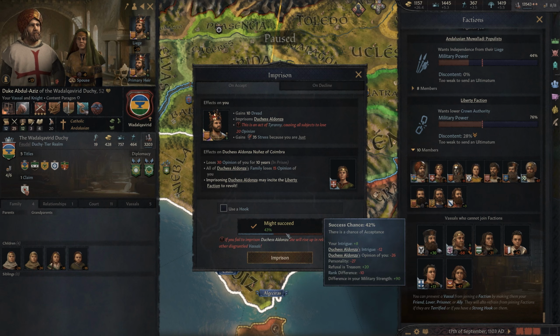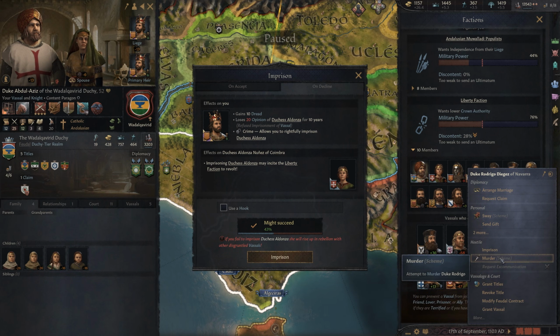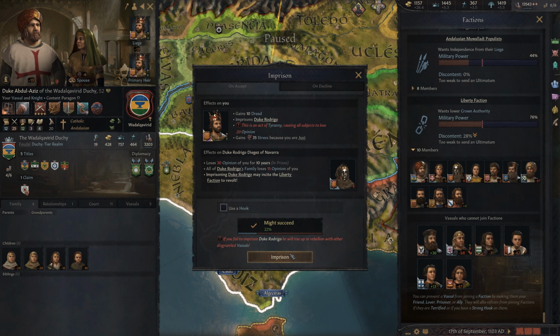If she declines, if there's again the percentage chance where she just says, nah, well, I gain dread, she loses opinion of me, and it's a crime, so I can now rightfully imprison her, and then she will incite the revolt. So if you're trying to get this to kick off, let's see, I think El Cid here, imprison. Yeah, 22%. You press imprison right there, that revolt kicks off, and you just destroy the armies as you see fit.